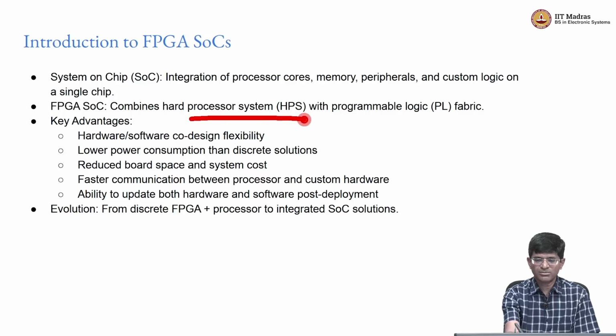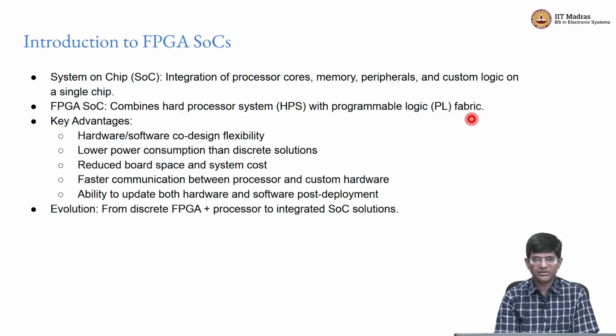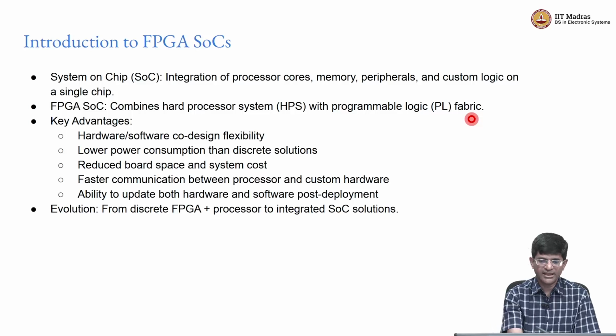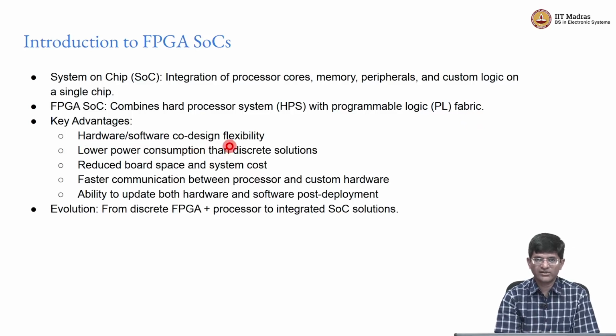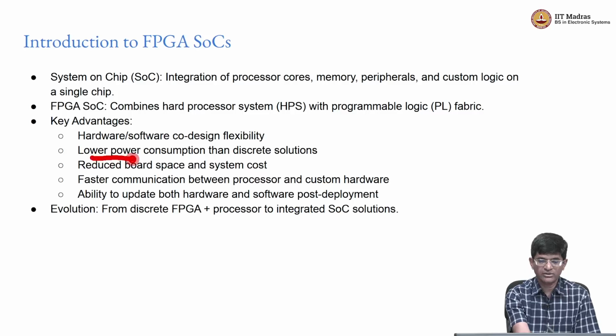Now the interesting thing is you have this processor system and you have the programmable logic, which is what's called the fabric, something that can be modified or programmed to do any kind of logic implementation that you want. Now in some sense this is giving you the best of both worlds, right? It gives you a certain amount of hardware software co-design flexibility. You have an SoC, therefore you can pretty much get your entire problem solved by just writing software to start with, and then you can figure out which components of that are slow or problematic and which ones do you want to implement in hardware, maybe to get better performance,